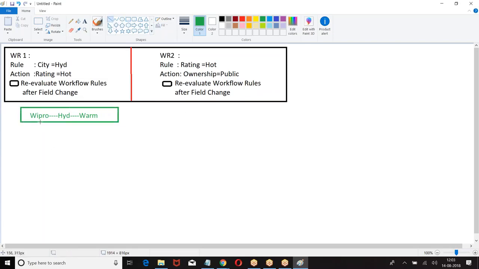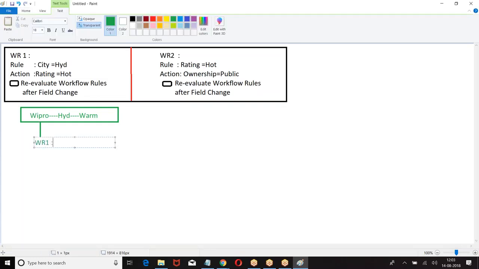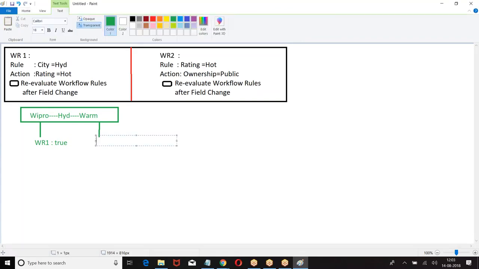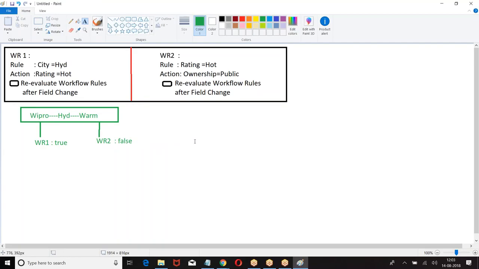Check the rules. All the rules will be verified. Workflow 1: city equal to Hyderabad. We have workflow 2. What is rule number 2? Rating equal to hot. So 1 is true, 2 is false.